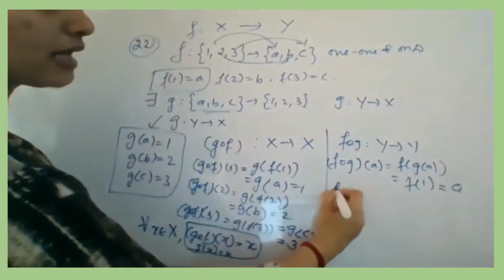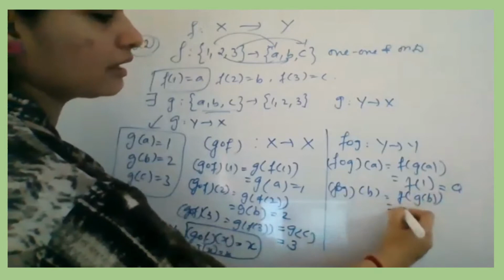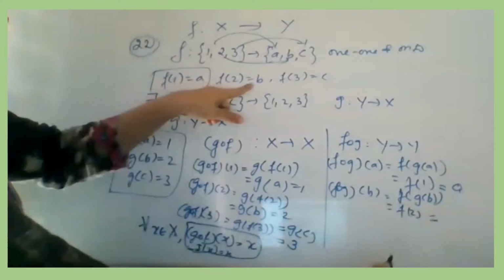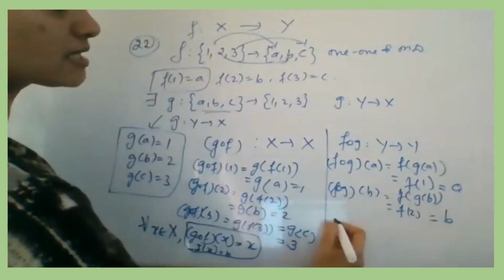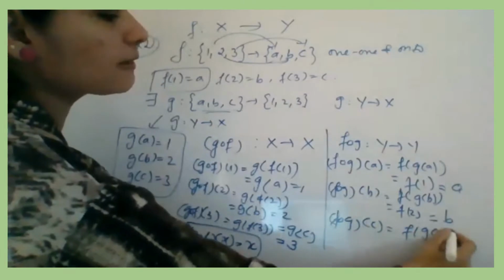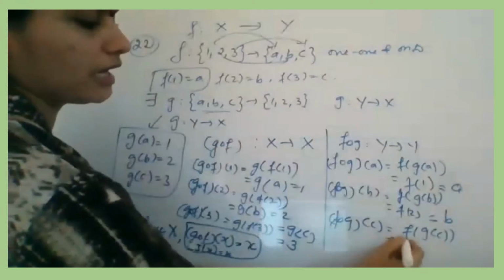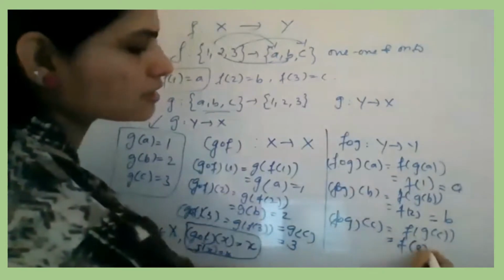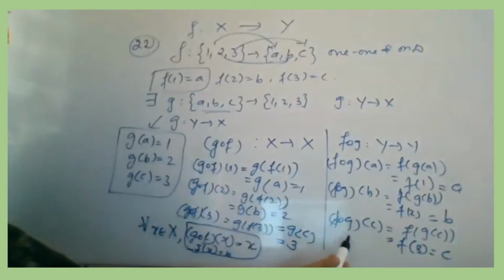Okay. Similarly, you will have F composition G of B, which will be F of G of B. F of G of B is again 2. What will be F of 2? It will be B. So यहाँ B से start किया, you reach B. And again, F composition G of C will give you F of G of C, which is again equal to कितना मिलेगा? F of G of C will be 3. F of 3 is C. Again C and you reach C. That means this is also acting as I.